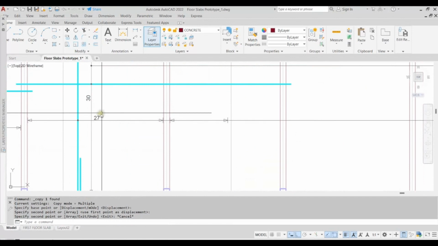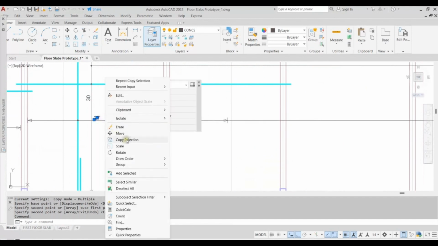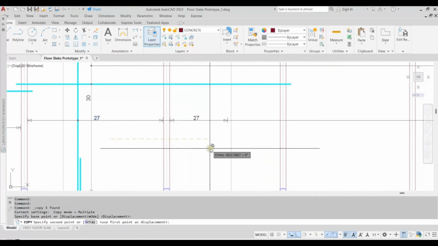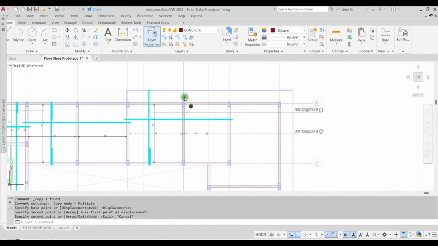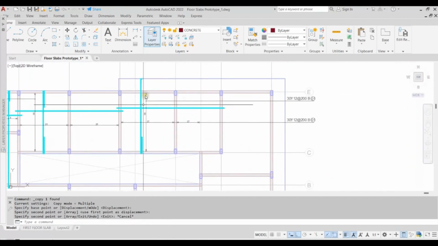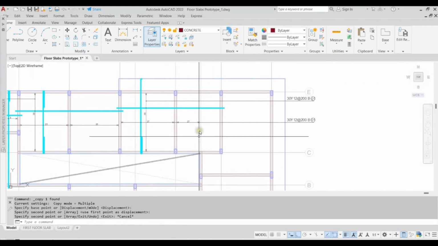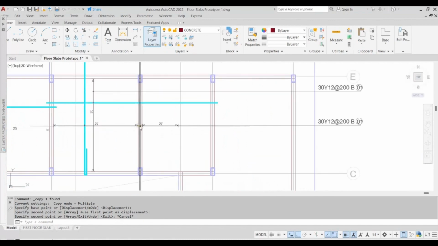See? Then we'll take this here. This is because the same bar can still work for this edge and this edge all the way to this point. So you don't need to start a new